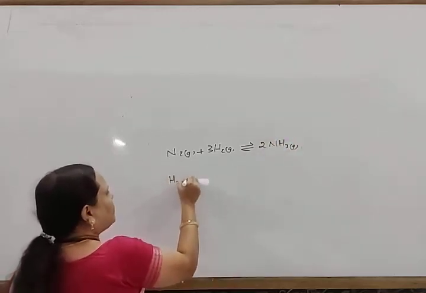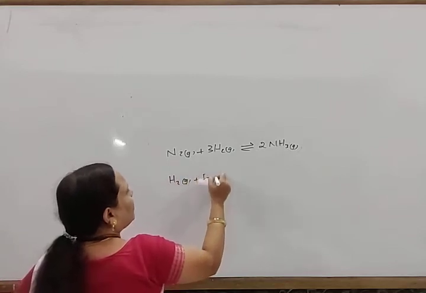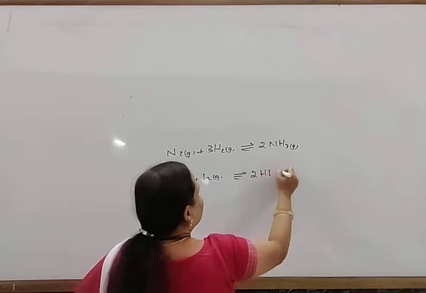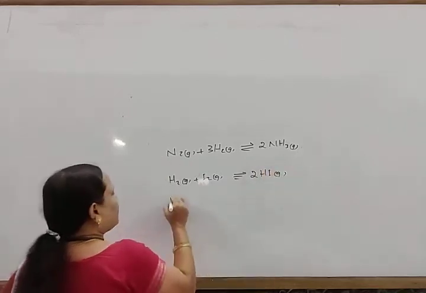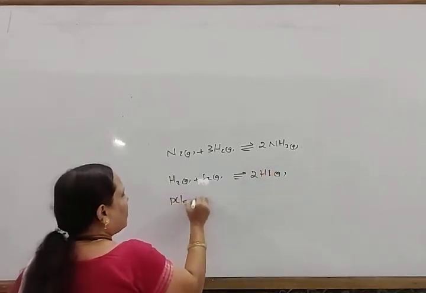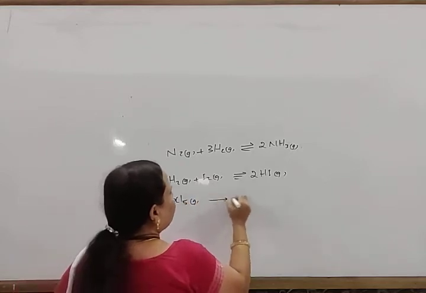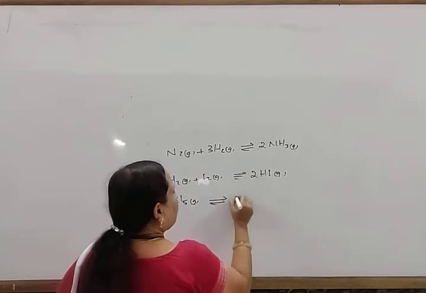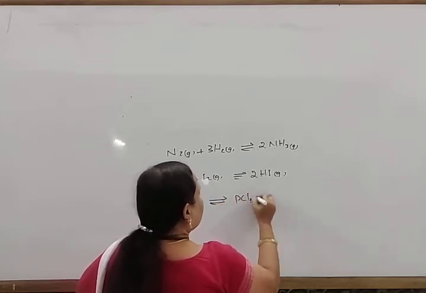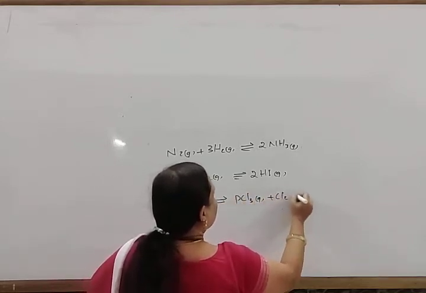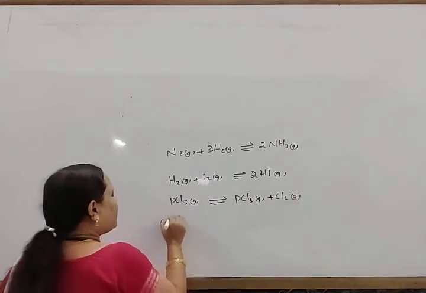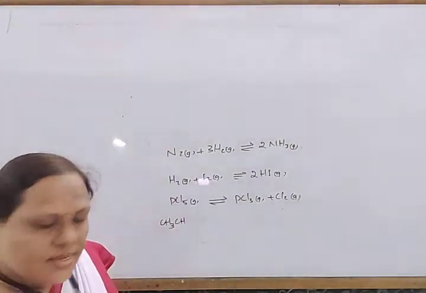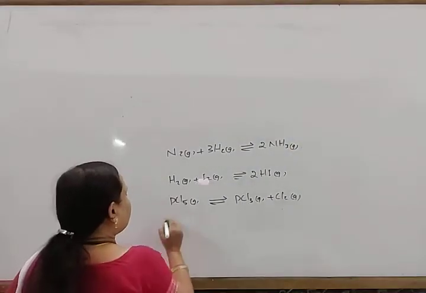Similarly, H2 gas plus I2 gas give rise to 2HI gas. Similarly, PCl5 gas gives rise to PCl3 gas plus chlorine gas. Similarly, another reaction is also there,